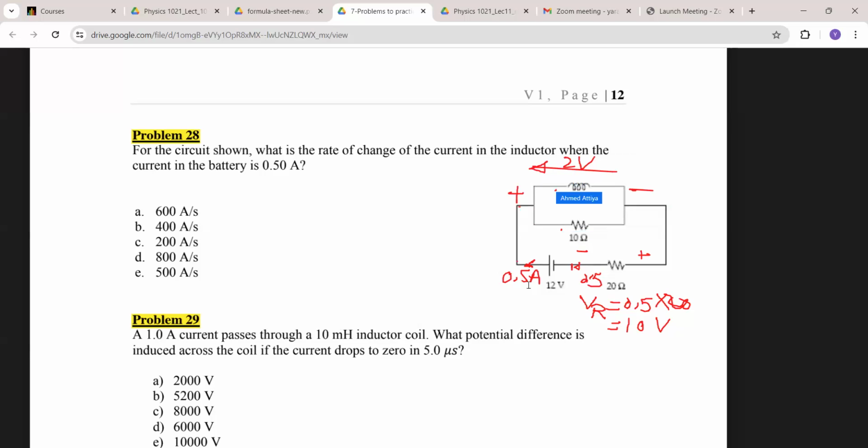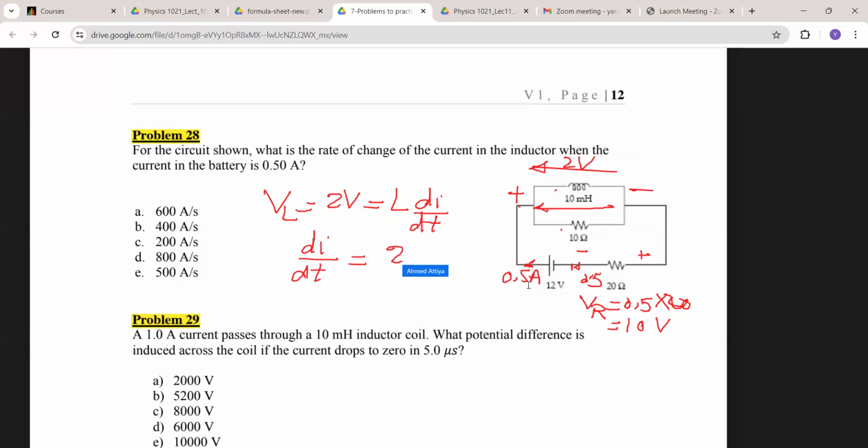So the potential of the inductor VL is 2 volts, and VL is L dI by dt. And already I have the value of L. So dI by dt is this 2 volts over the value of L, 10 to the power minus 6. ماشي؟